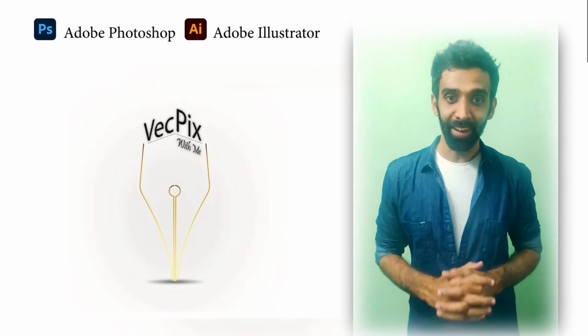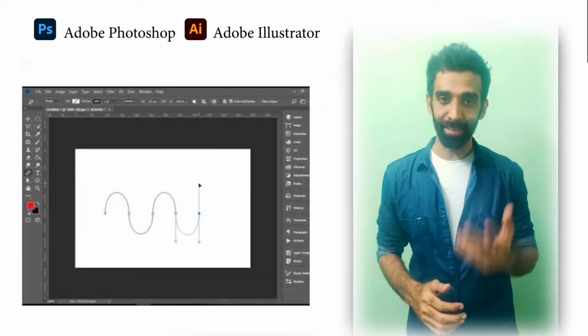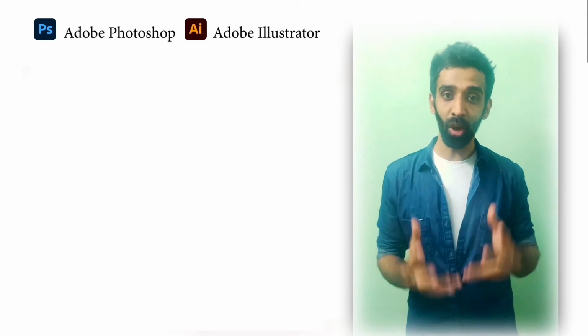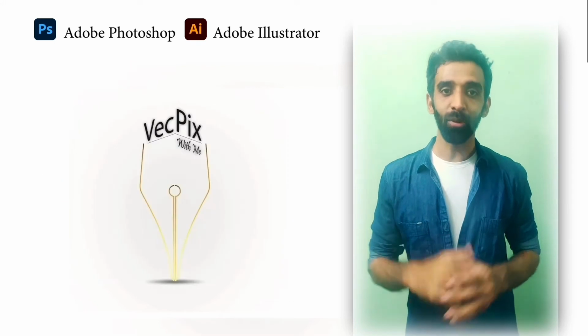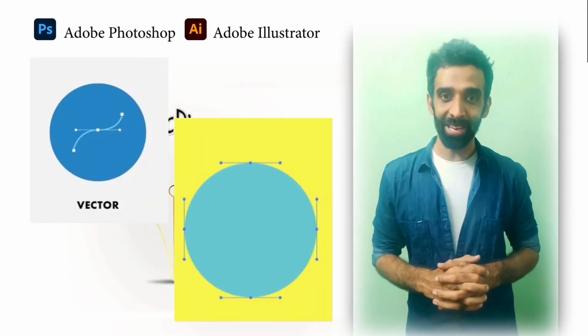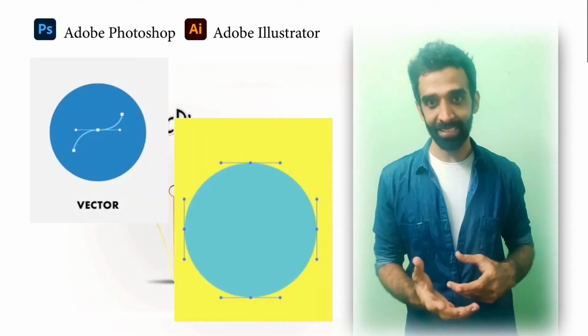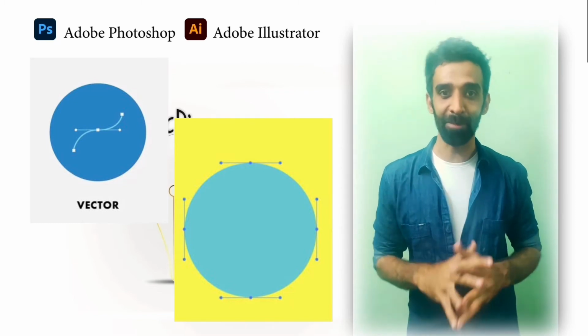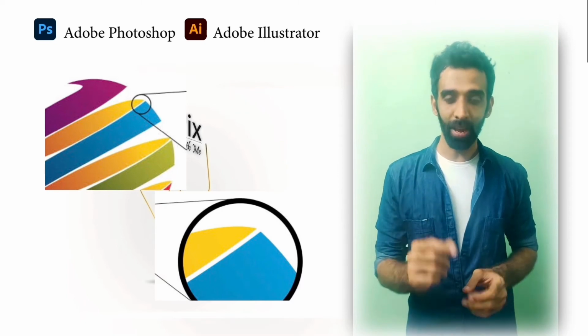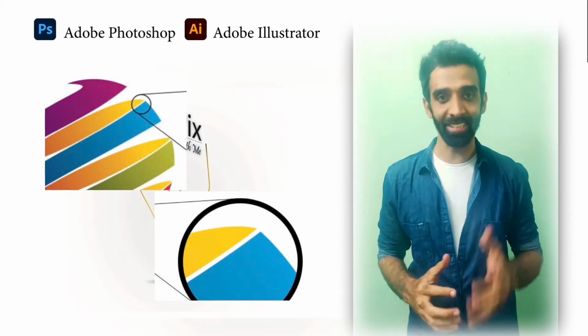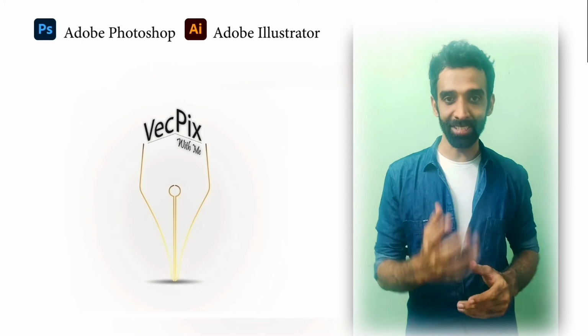What is vector? Vectors are composed of parts like lines, curves and polygons, which incorporate geometric formulas for rendering the image elements. To explain easily, vectors are based on mathematically defined lines and points which form a shape. When vector graphics are scaled, the edge remains crisp and sharp, no matter what the size is. We saw what is pixel and vector.